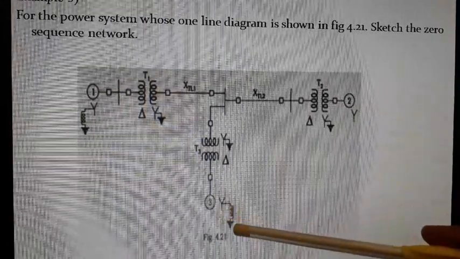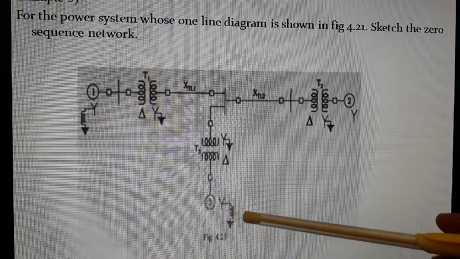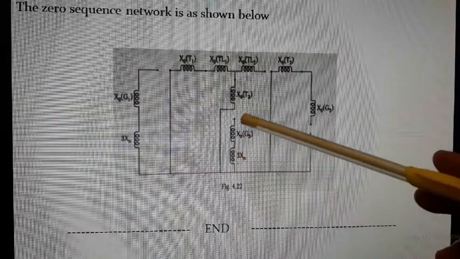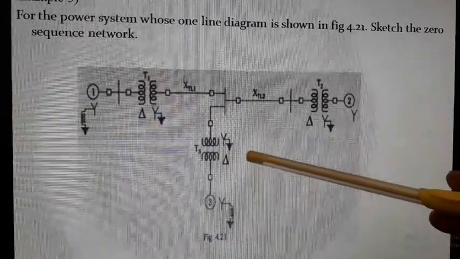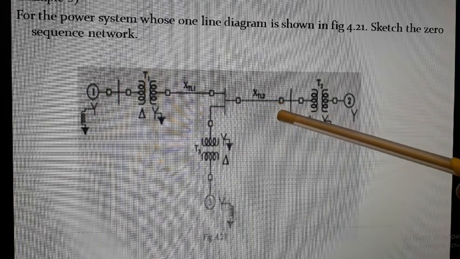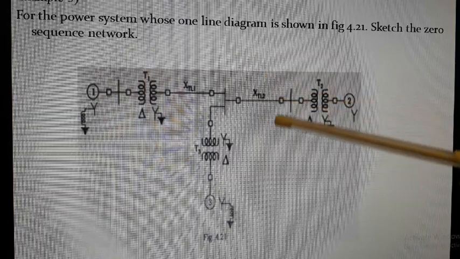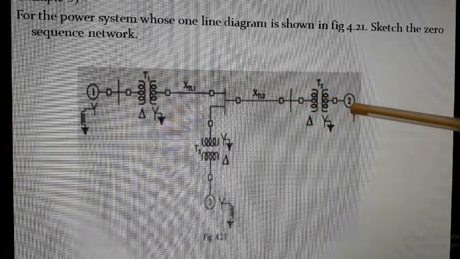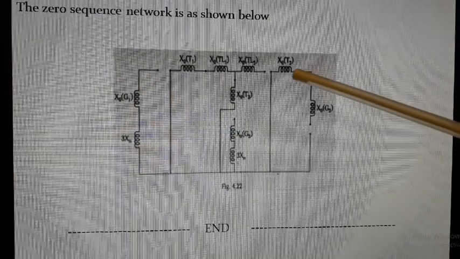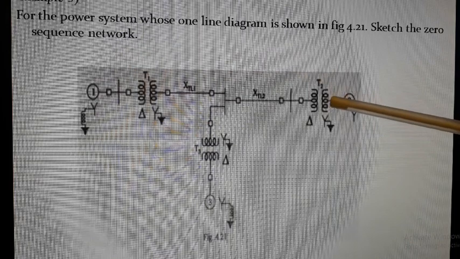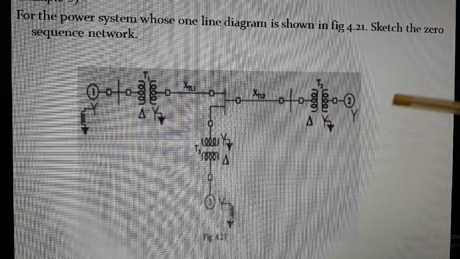Another generator with neutral grounded, neutral reactance given, so therefore X0 and 3 times the neutral reactance is shown. And here the transmission line, and here also delta is there, so the shunt is there, with an open circuit from here to here. The open circuit is shown, the shunt is grounded here, and the XT2 value. This series switch is closed, therefore the T2 value XT2.